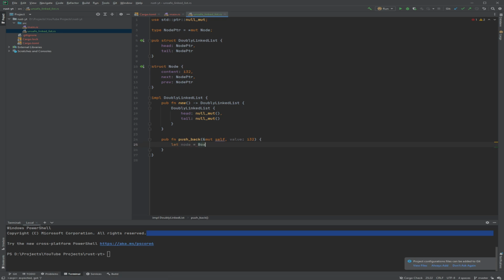We are going to create memory on the heap by doing Box::new, and that data will be a Node with the value. I'm going to define that in a second. And Node::new, and then obviously it returns a Box.